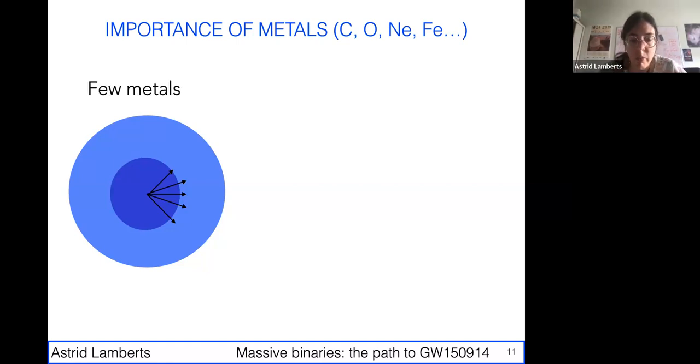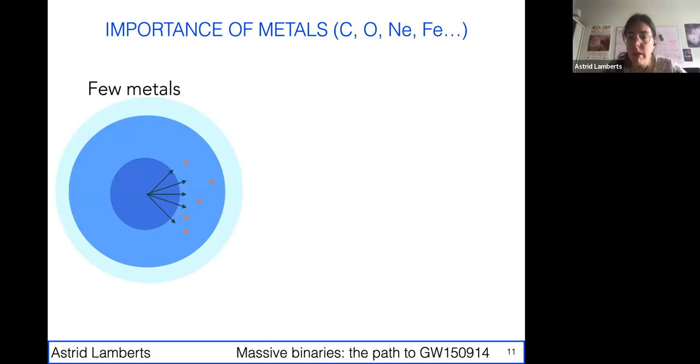And so now if you have a star that is made of mostly hydrogen and helium, so in astronomy, we say that it's a metal poor star because anything that is more massive than helium, we tend to call a metal. So if you have a star with only a few metals, the cross-section between these UV photons and these metals is quite small. So that means that the stellar wind, the outflow that you will make, is quite small because it's hard for the photons to push the atmosphere out because the interaction is just not really efficient.